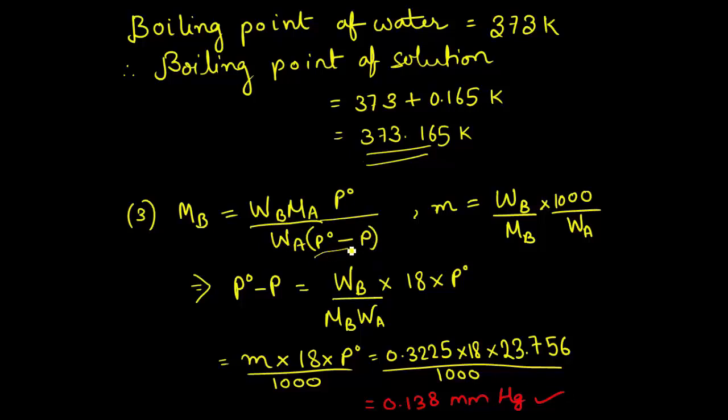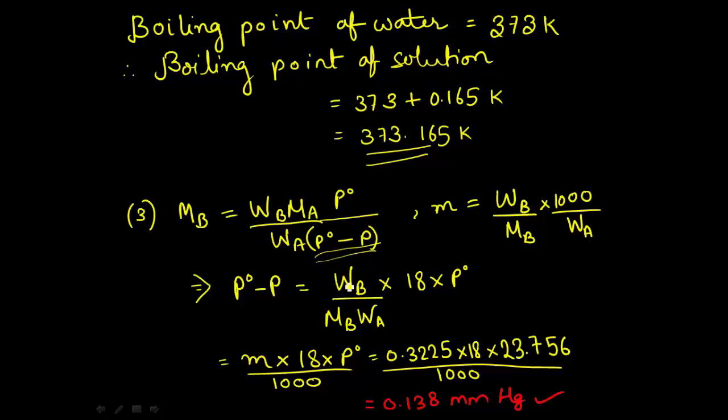And this term is exactly what we need to find. That's the lowering of vapor pressure. And you know the relation of molality with Wb, Mb, 1000 and Wa. These are just signs, or these are just conventions. B stands for solute, A stands for solvent, and here the solvent is water, so Wa means weight of water, Ma means molecular weight of water, that is 18, Mb means molar mass of solute, so P0 minus P is